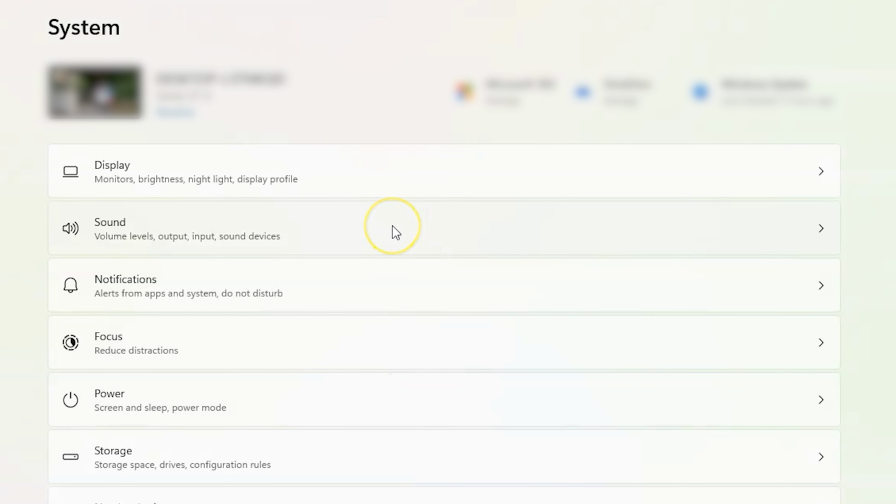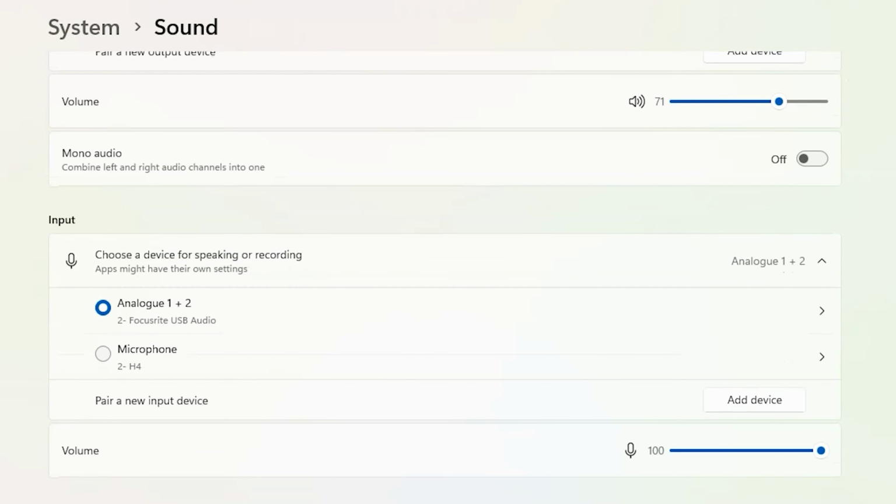You might not need to do the next step if your computer automatically switches to making the H4n the default microphone input. If it doesn't, go into your computer sound settings and under Input, select the Zoom H4n as your microphone. You can see on my computer the Zoom recorder has been made the input device, and it shows up simply as H4. The last thing to do in the settings is to adjust the volume. I set it to about 60%. You can now select the H4n in your DAW.